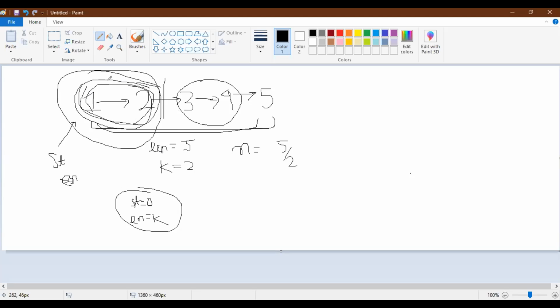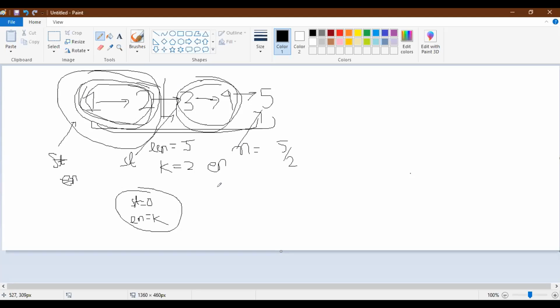After reversing this group, I'm incrementing st by k. Then st will come here, and en will come here. Then again for this st to en, I'm reversing it.